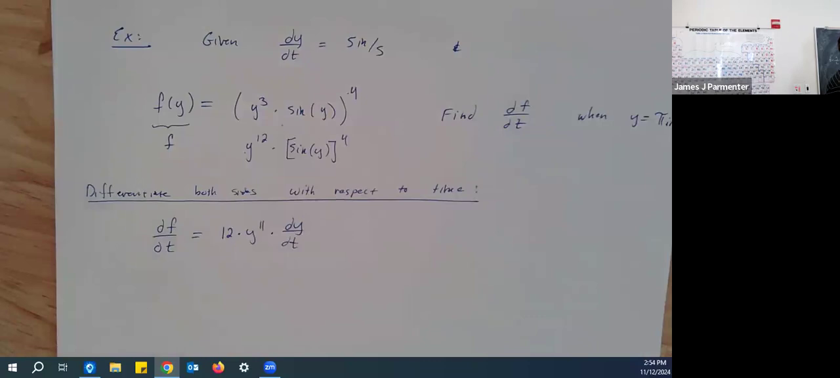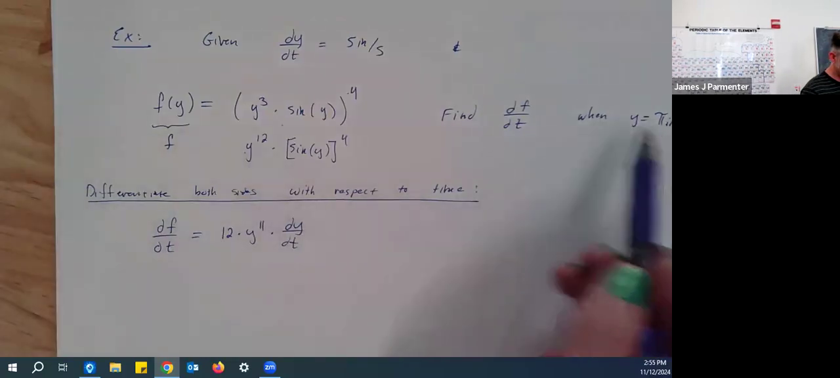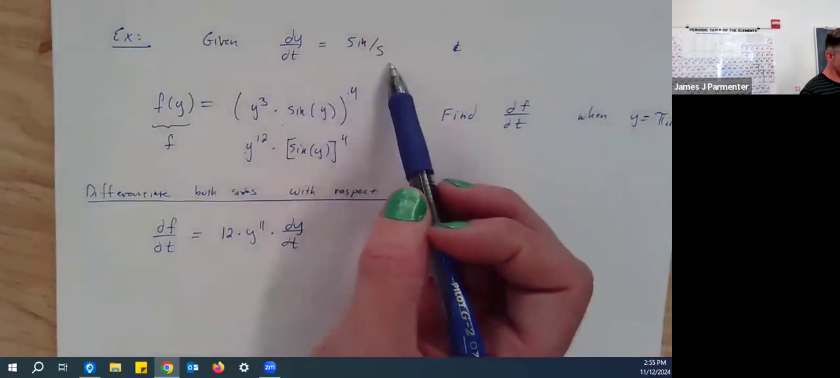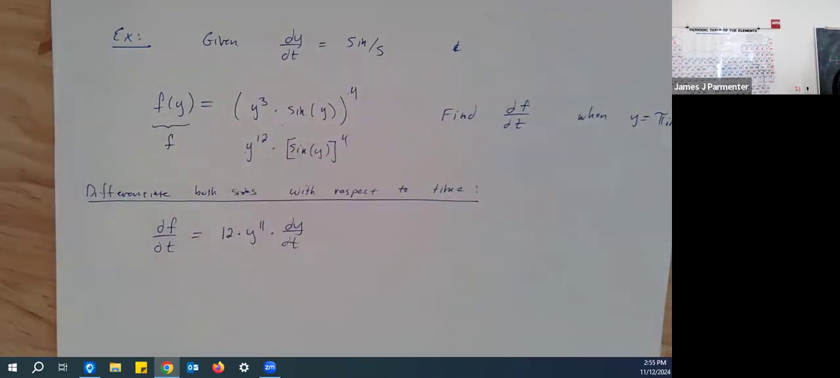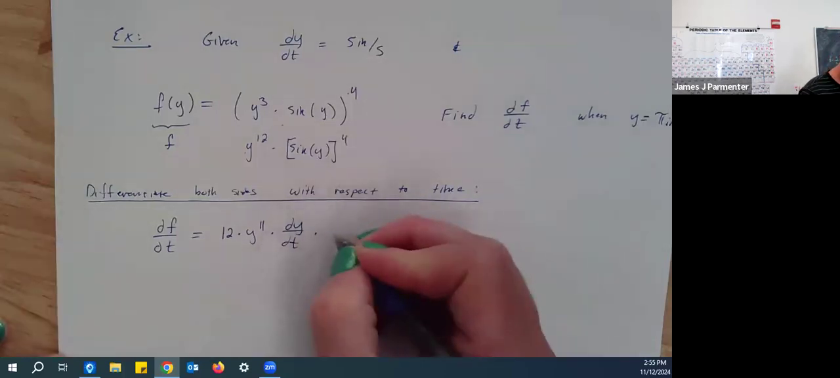We know that y is a function of t. They told us right here, dy dt equals 5 inches per second. If the derivative of y with respect to t is a thing, that means that y is a function of t. Times the other thing left alone,